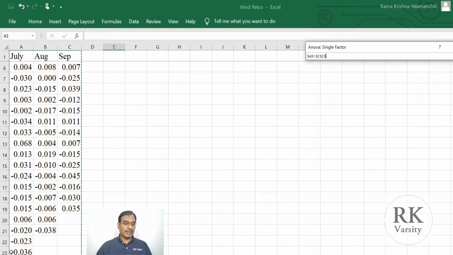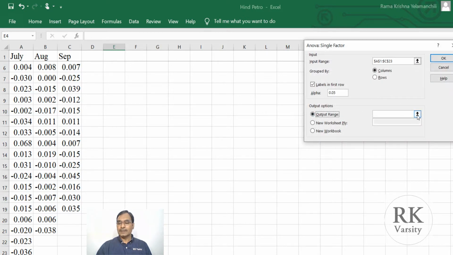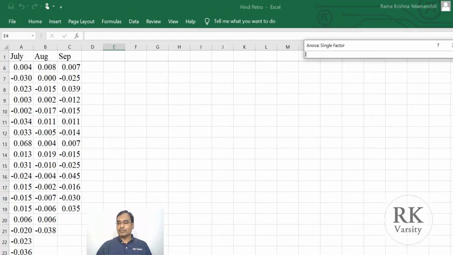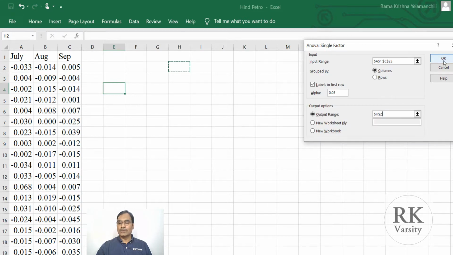So for July, 23 observations, and September, 19 observations, all are selected. Now click on the down arrow, then Grouped by Columns because your data is in columns. Now click on Labels in First Row, as you have headers in the first row, that is July, August and September. Now click on Output Range, click the up arrow, then select the cell H2, then click the down arrow, click OK.